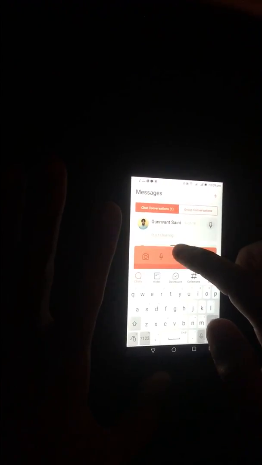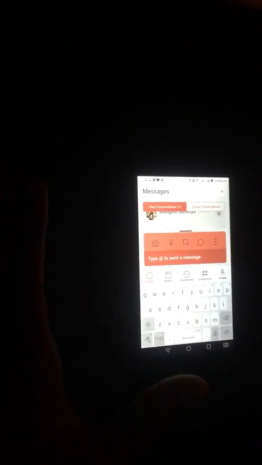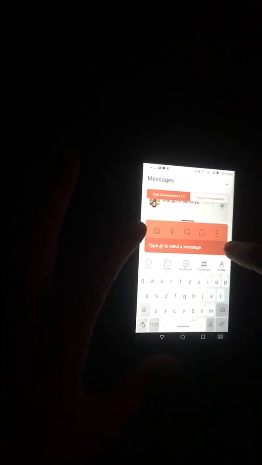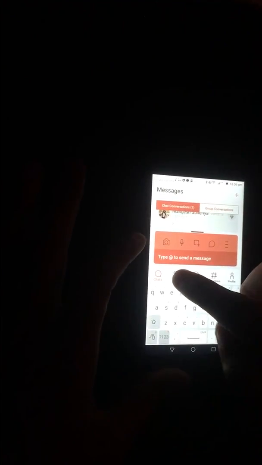Okay, I can continue my chats, I can chat with people over here, but now I want to see my notes, let's say. So basically this typing bar is enough for a lot of things. You can make a note from here, you can send a message from here. You just open the app and you straight away land on this typing bar, and you can literally do anything. You can even record a message from here. But let's first see notes.